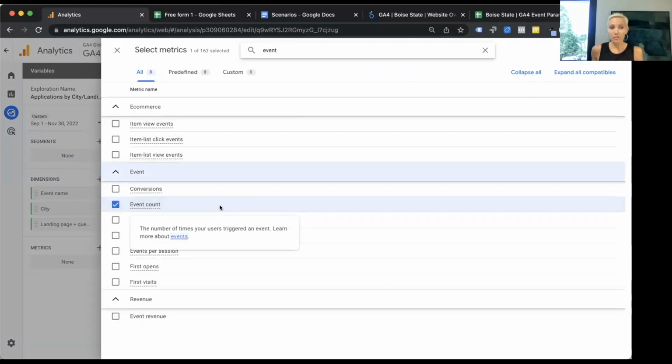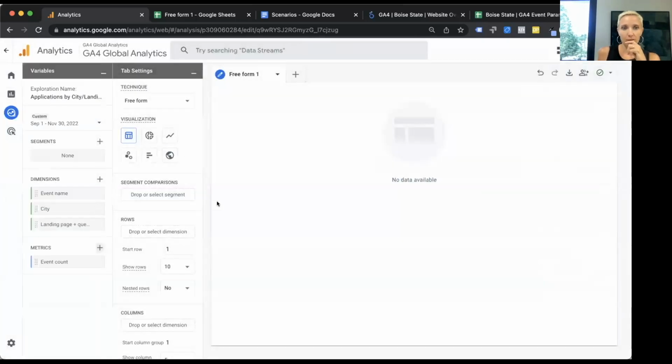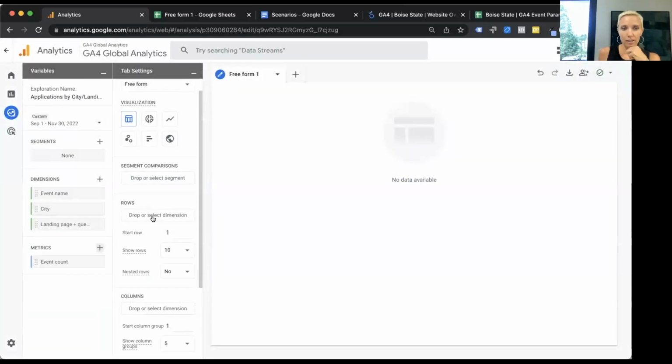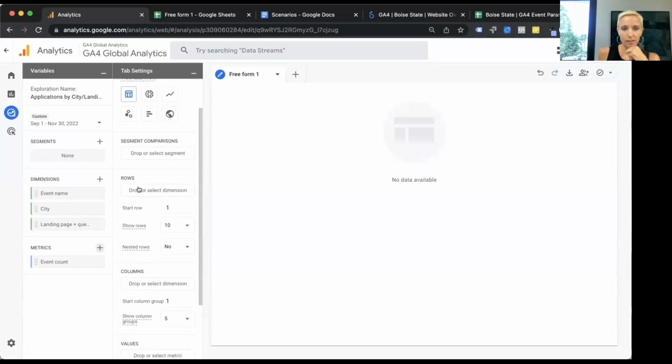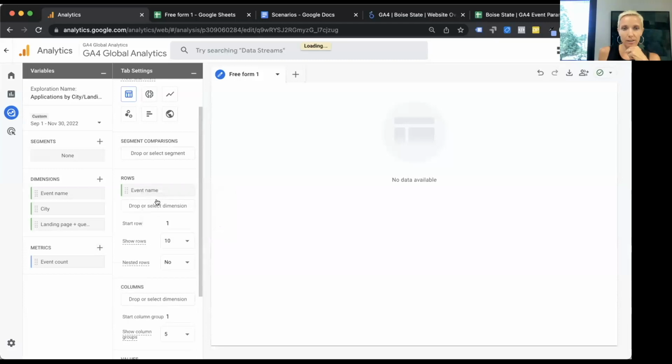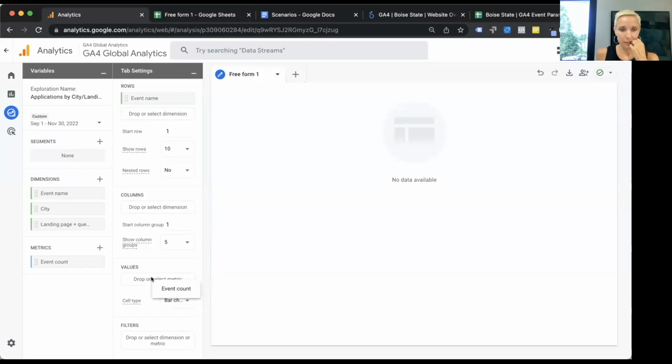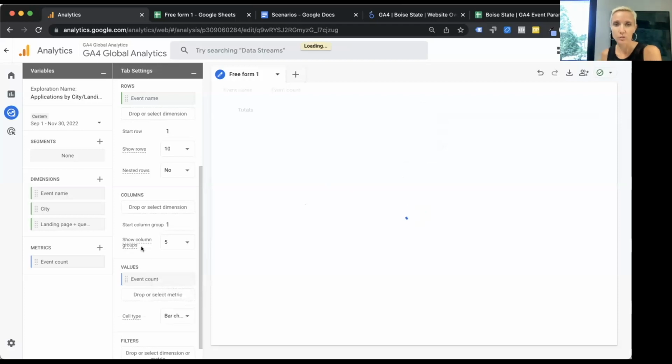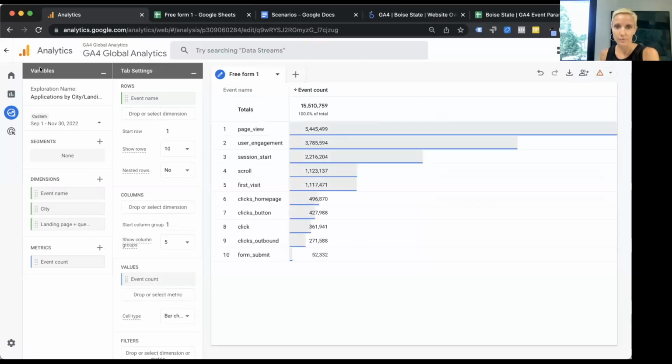I could also, if I wanted, do just sessions, I could do that. But in this case, I just want to know how many applications, which is technically an event. So now I'm going to drag or select my event name and then my event count, because I want to show you one little trick that's kind of fun.